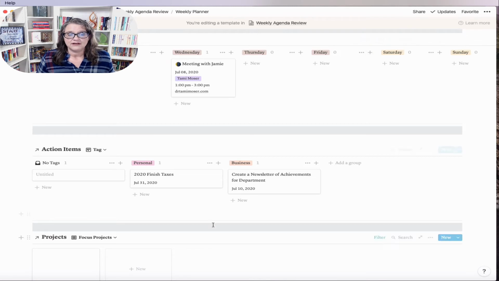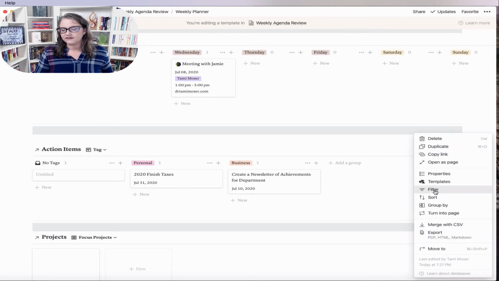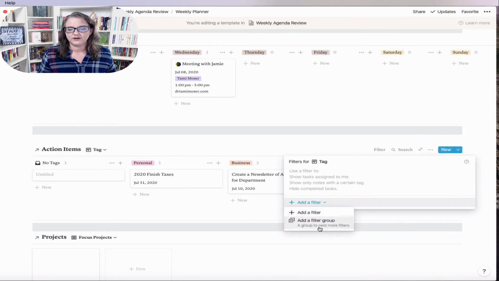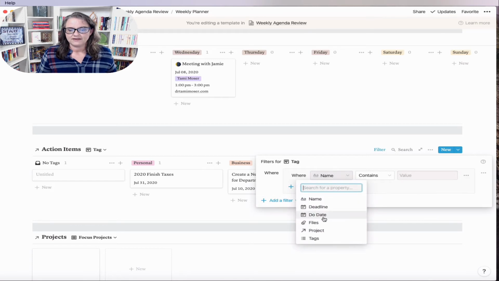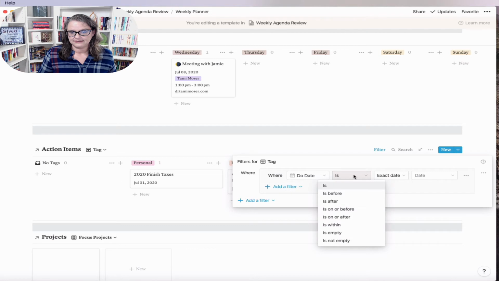of the week. So I have several different views here based on time, sync, how much time I think it's going to take to work on it. And I will go show you that here in a minute. But I'm going to set up the same kind of filter here, right? Because I want to group. And I'm going to do it by the due date, when I actually would like to get it done. And I want it to be within